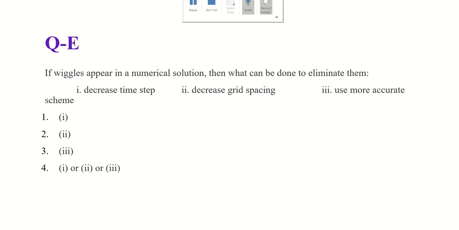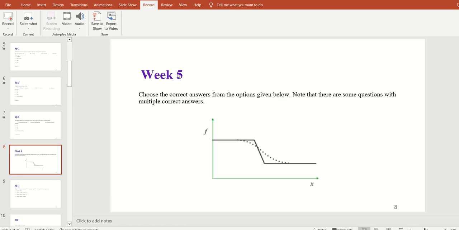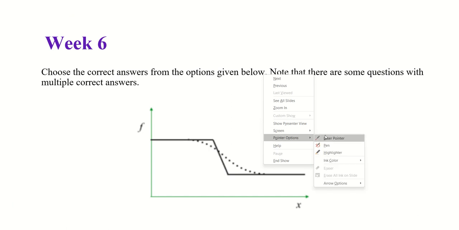1 or 2 or 3. No, that is also false. Answer is decreasing grid spacing. This is actually week 6 content. By mistake it is written as week 5. I hope the practice problems are all clear for everyone. Now we'll move on to